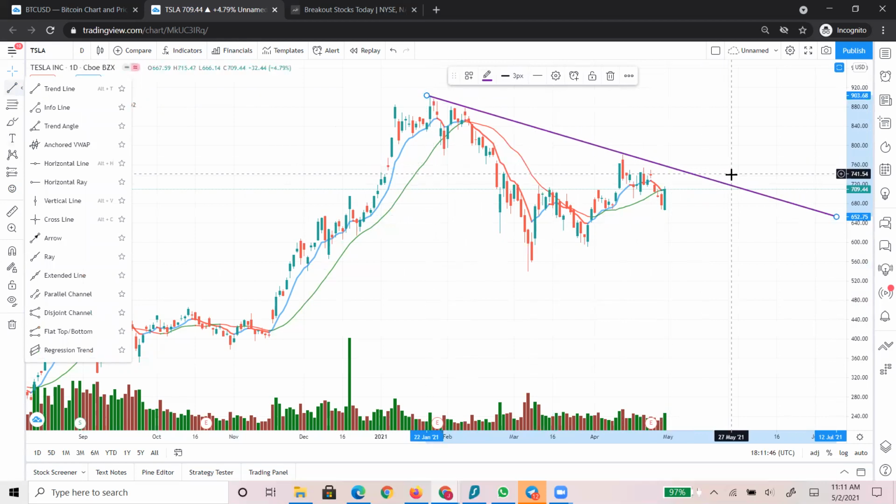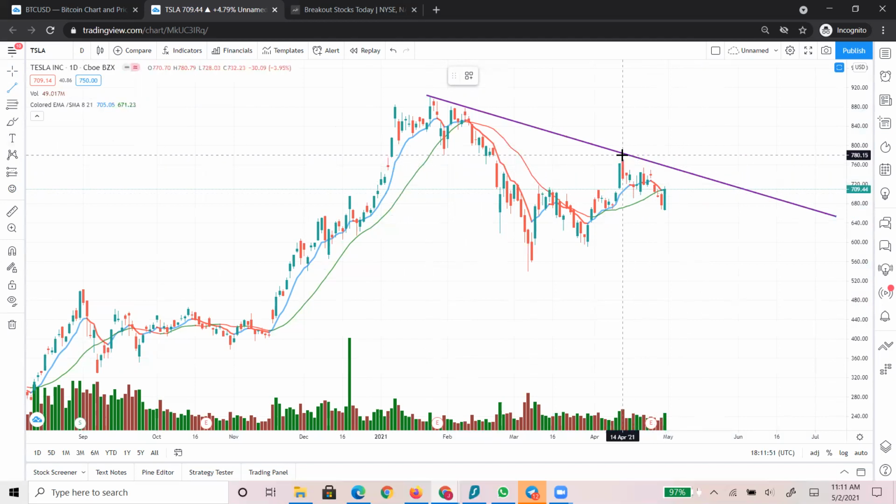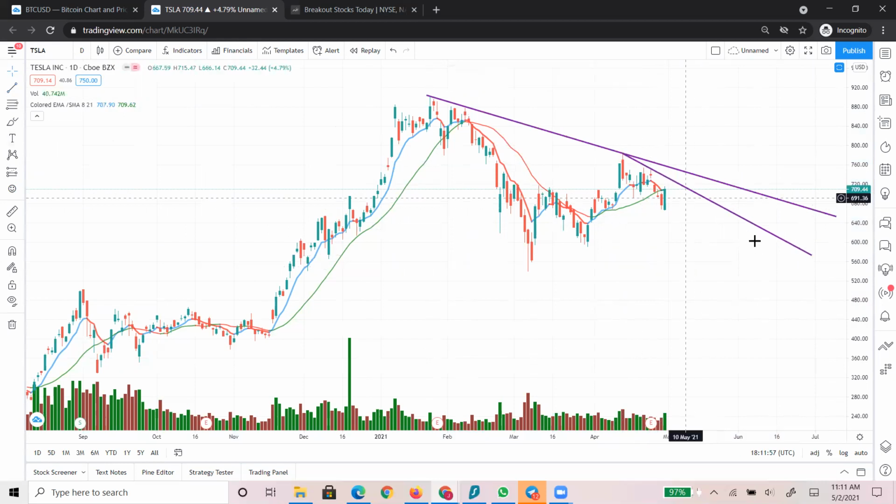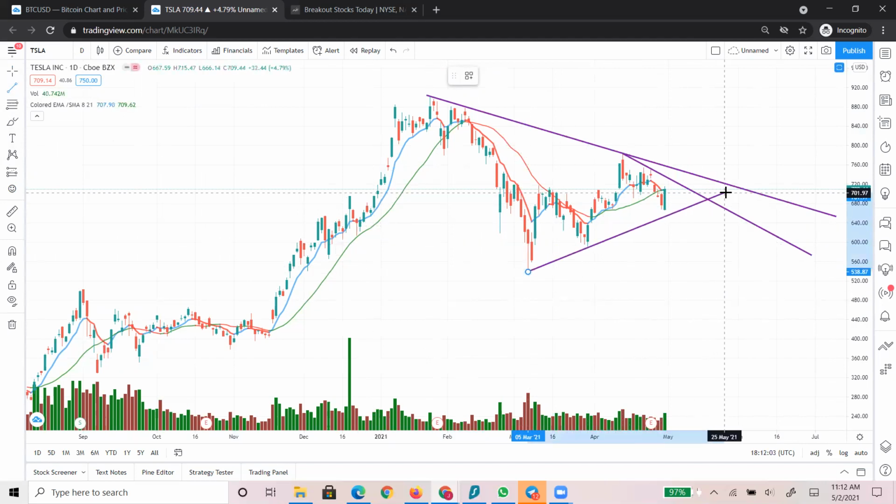and trust me, I'm a Tesla bear, but I don't care where Tesla goes, and I'm just analyzing. I'm not even playing Tesla, just a lot of folks are kind of interested in it. So that's your second line in the same. What is going to keep it going higher is that support. So below that support, we will see definitely this bottom